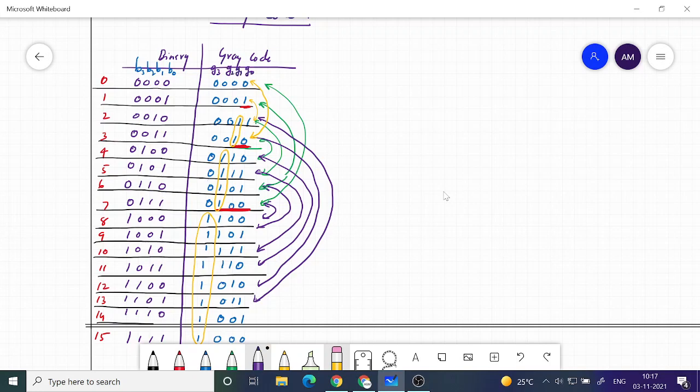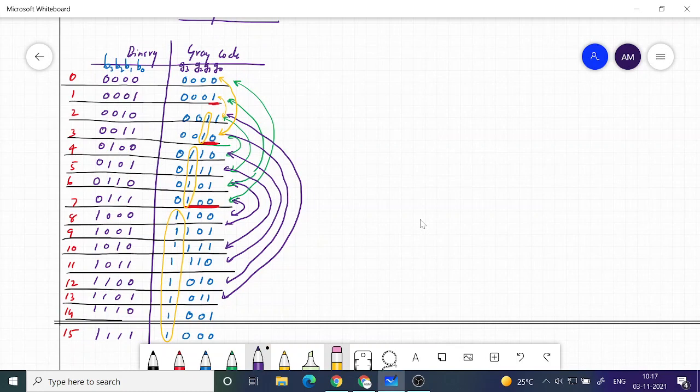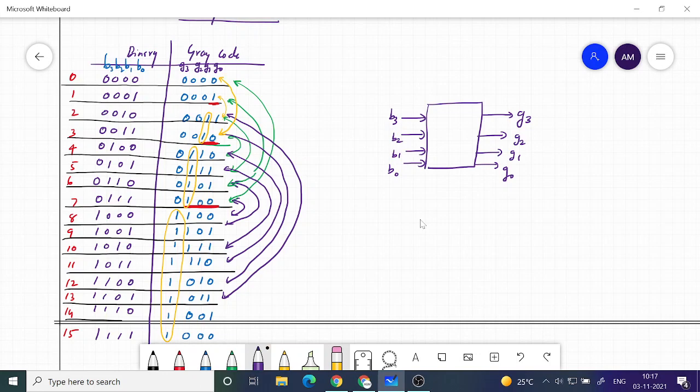This G is the output, so I want a circuit which can take in B3, B2, B1, B0 and give an output G3, G2, G1, G0. This is a combinational circuit, and that is called a binary to gray code converter.